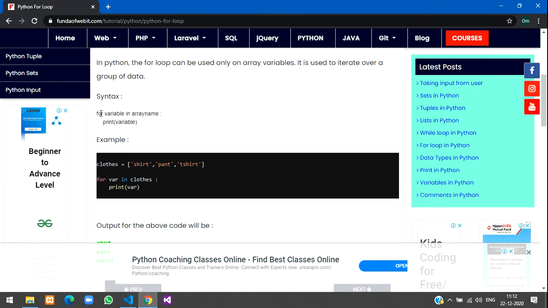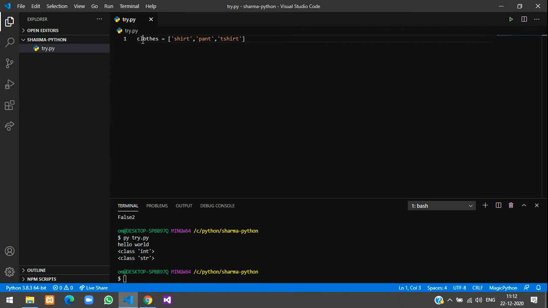The syntax is: give for, your variable name, just create a normal array variable and then print this one. Copy it and paste. Here clothes is a variable name and we are storing various data in the array: shirt, pant and t-shirt.